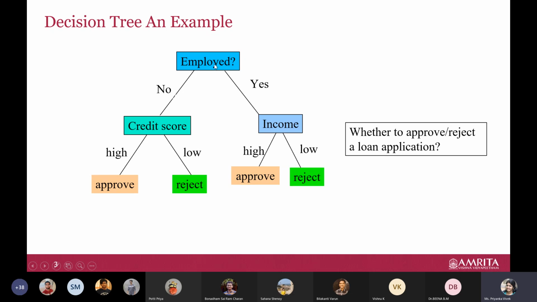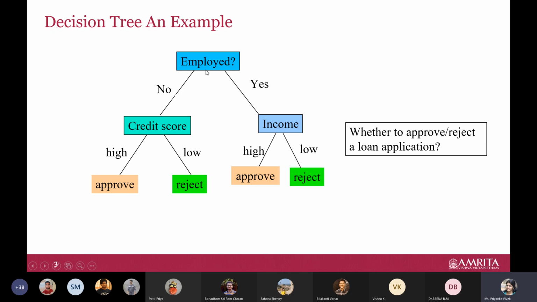Okay, and then what are these? These are different attributes. Employed is one attribute, credit score is another attribute, income is another attribute, whatever was there in the data set. And when you say employed and then you put yes or no, it means employed takes a value yes or no. So these are the values of this particular attribute.